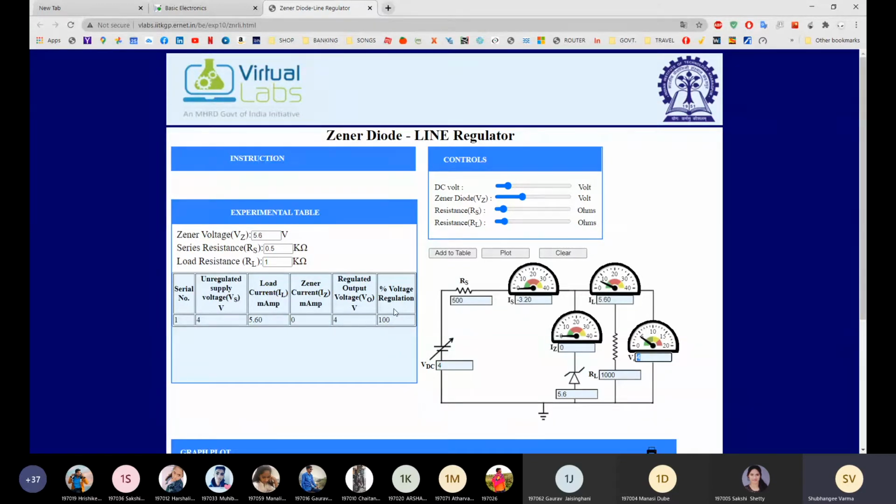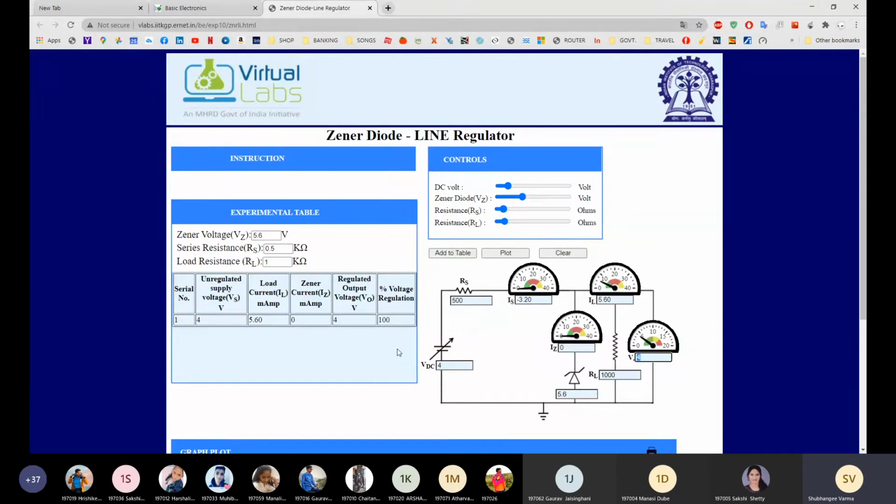Why 100%? Because your Zener current is 0 and your output voltage is 4 volt. And for line regulation, what is the formula? It is VHL minus VLL upon V normal.